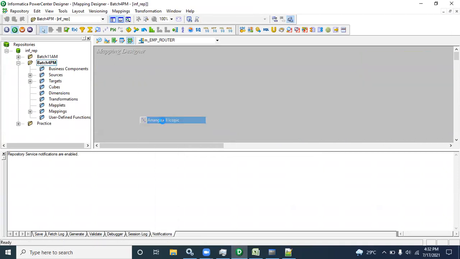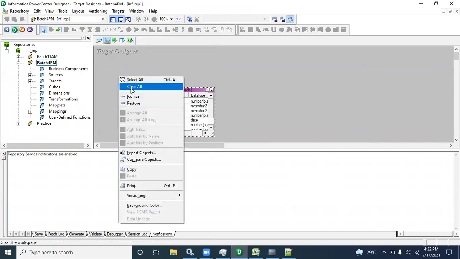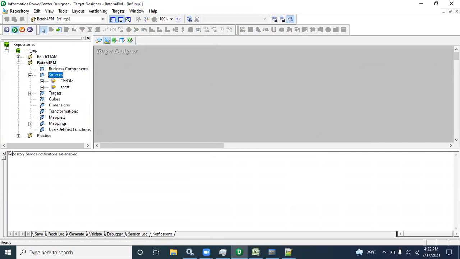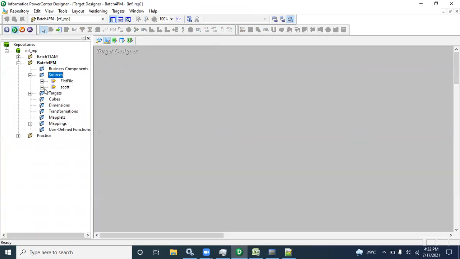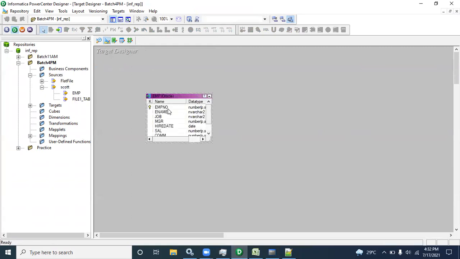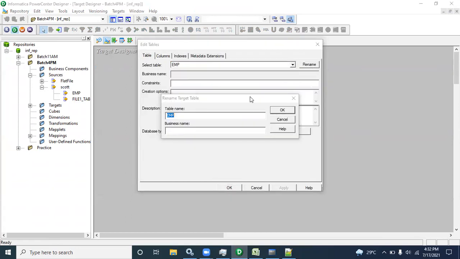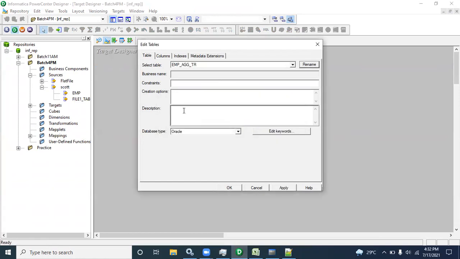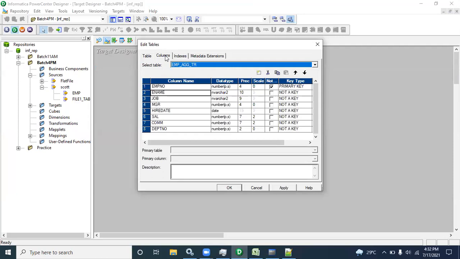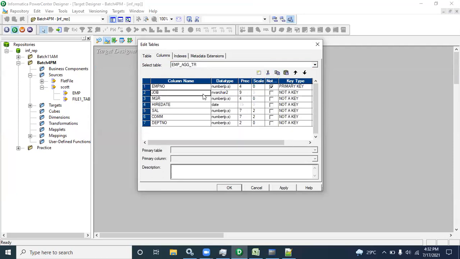Okay. So we can create one target for that. I am creating a target to show how max, min, and all those things will be implemented. Just drag and drop the target from the source and give the name EMP_AGG_TRANSFORMATION. Inside that, no need for employee number.